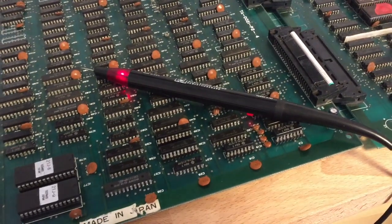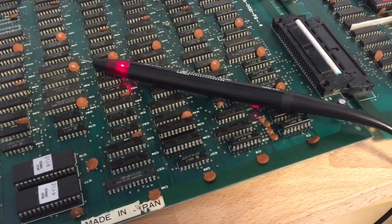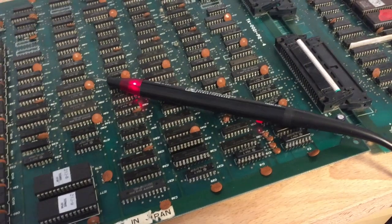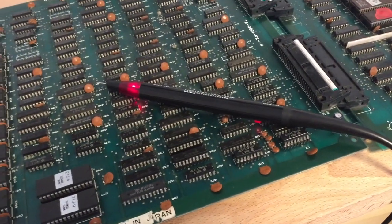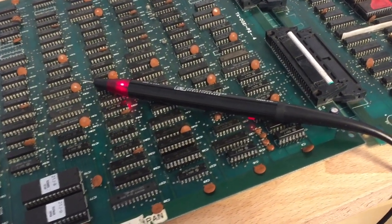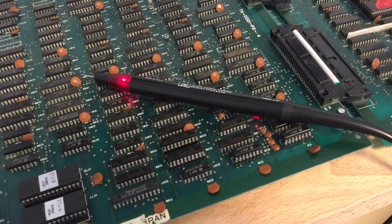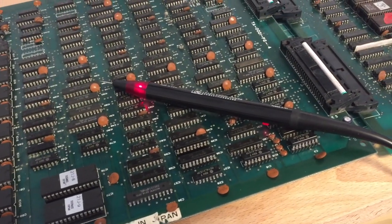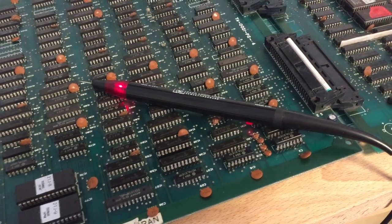Next thing that I actually already kind of started is probing around with a logic probe in the circuitry that is probably compromised, and looking for any obvious problems like floating signals, or signals that appear to be stuck high or low. This is sometimes a bit difficult because there might be certain signal lines which are mostly high, mostly low, and with the graphics not being gone but rather being scrambled, probably pretty much all of the lines will be wiggling. So it is a bit difficult in this situation to find a really good clue with the logic probe. But I actually had an idea